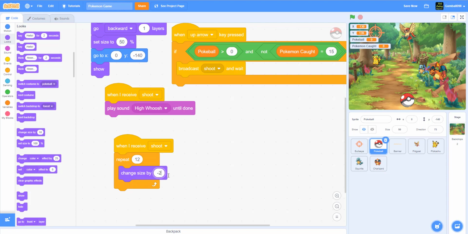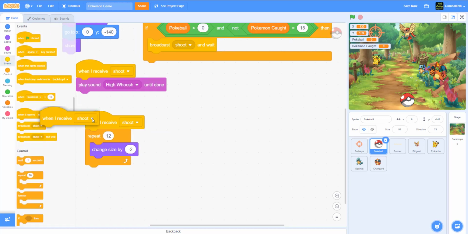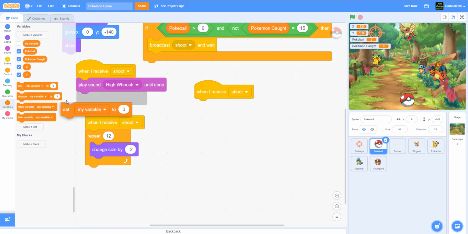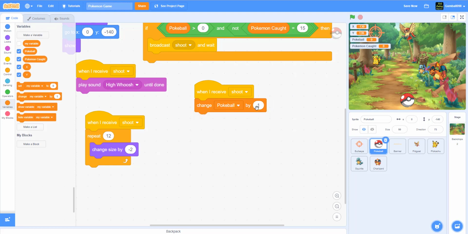By -2. And then, so when you throw it, it gets smaller and smaller. Next up, the code is really big, so we have to work on that quick. So when I receive shoot, it'll change Pokeball by -1, -1. And they'll glide